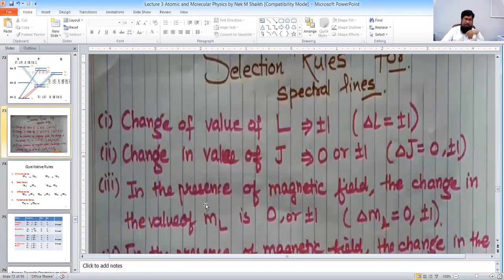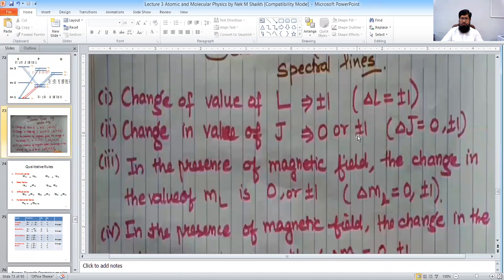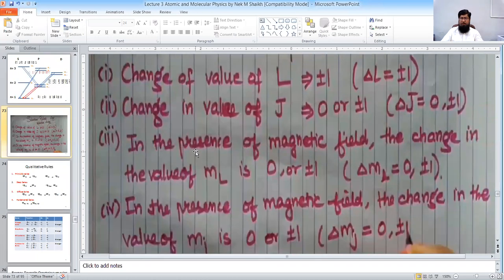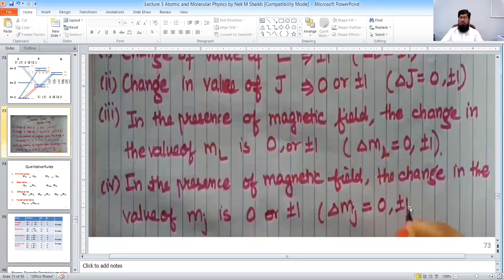The third is delta S is equal to 0. Now, if you have a magnetic field, in the presence of the magnetic field, delta ML must be equal to 0 or ±1. And delta mj is also equal to 0 or ±1. So these are the selection rules for the dipole transition. Now if we look here,